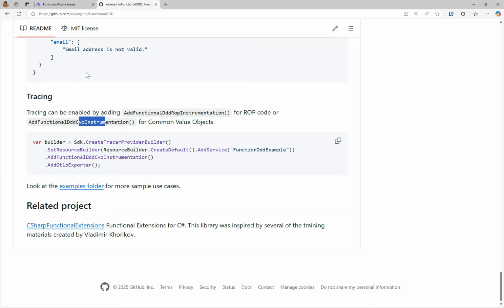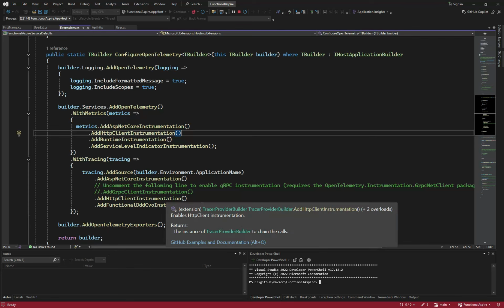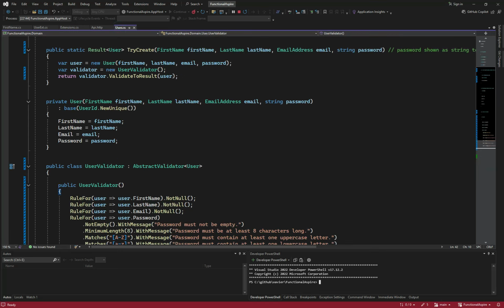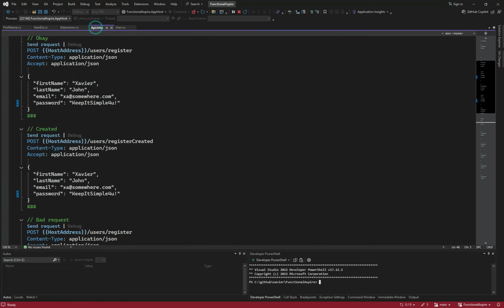So let's just run this and see how traces look. Aspire from .NET is a great place to see these things. If you run Aspire, we can view traces right here. So let's take a look at a sample code. I added the common value type here and let the code run. The code is very similar to what we had before. There is the first name, last name, and email address that we create. So when you execute this,